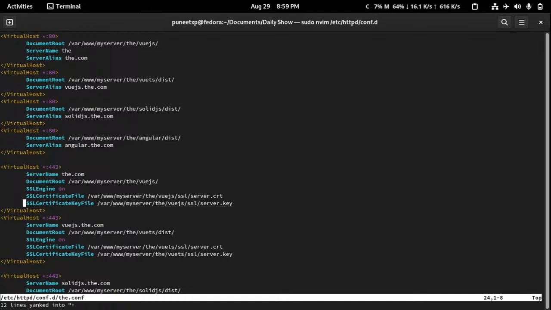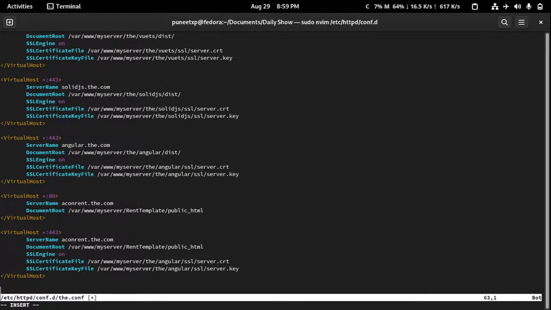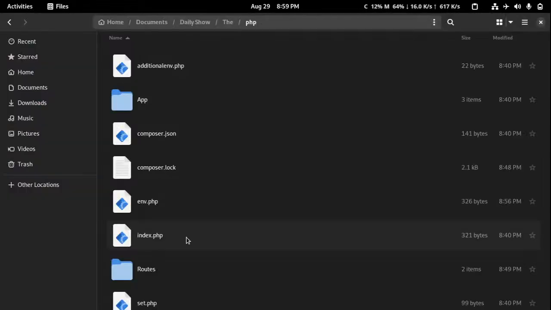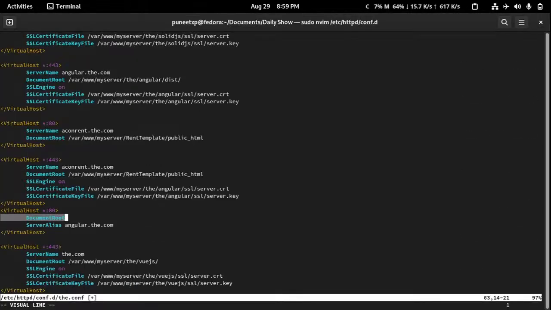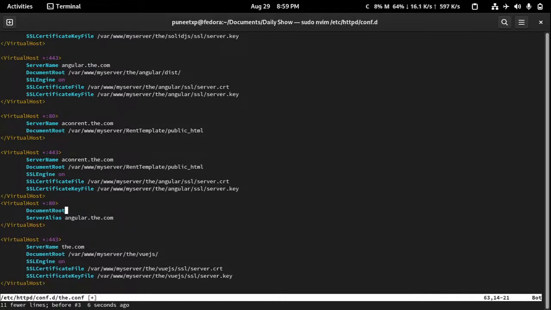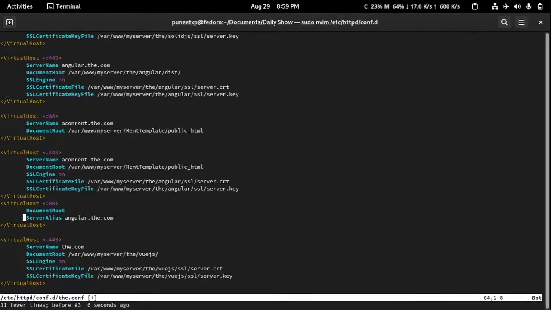Copy. Control Shift V. No, Control Shift V. Oh no. If I copy this, copy location,